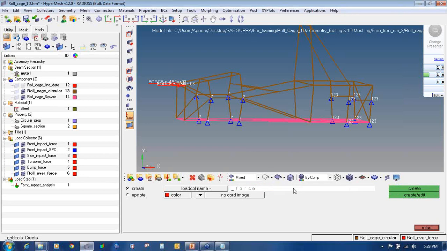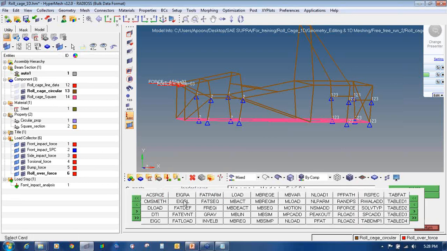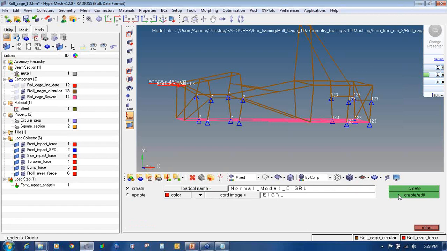Now for the modal analysis we don't define the forces, we define the frequency range. So normal modes, I will name it as EIGRL. That is, we define the frequency range, and we input the card image as EIGRL and click on create edit.